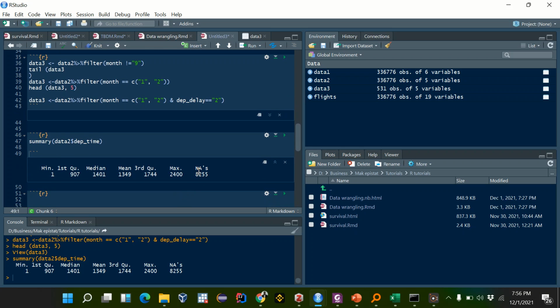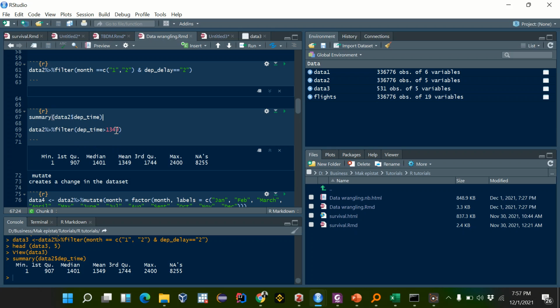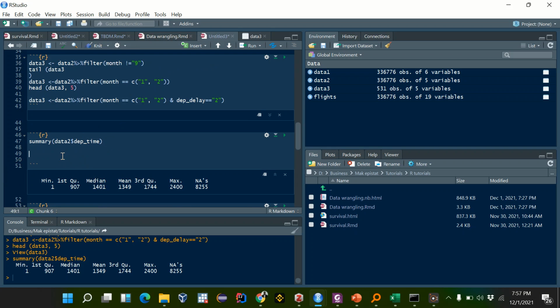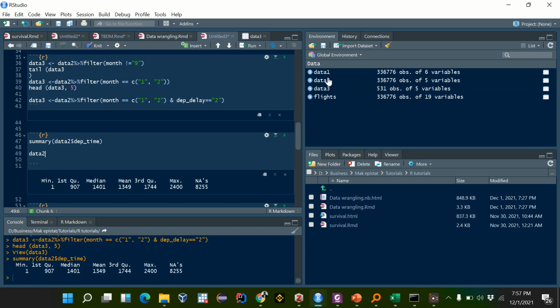And then any NAs, all these which are not filled, the missings are many, 8255. So we can decide to filter if departure time is greater than the mean. So if we want to filter from data set 2, I can also show you that if you just want to visualize without saving into data sets, you can just type and visualize. So if filter